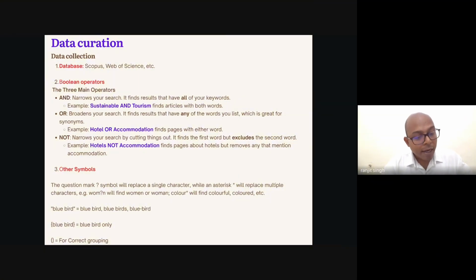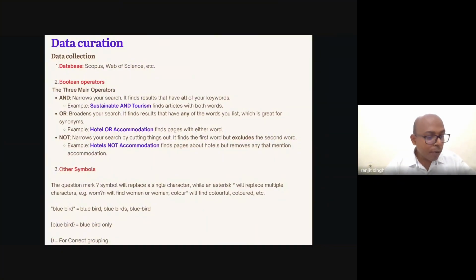And if you want to get a large number of articles, you have to comprehensively include all the keywords. For example, for loyalty, you can include loyalty, customer loyalty, intention, word of mouth, all related to loyalty. So you have to include all these keywords in your